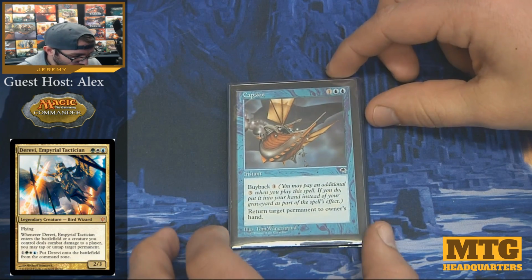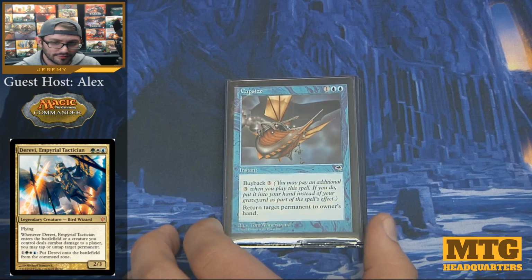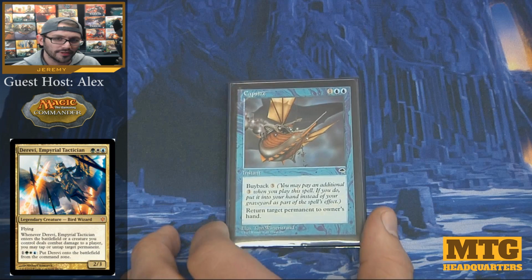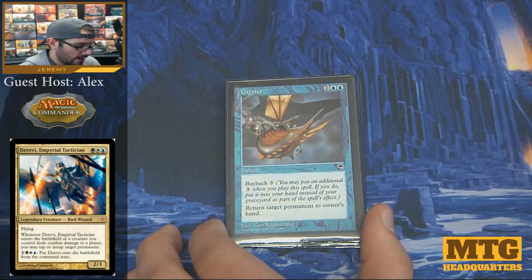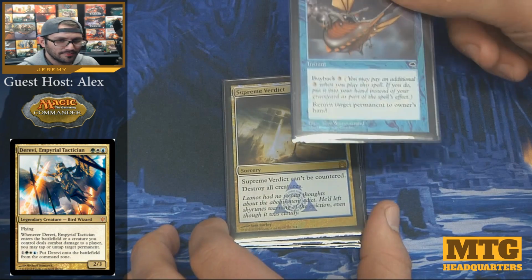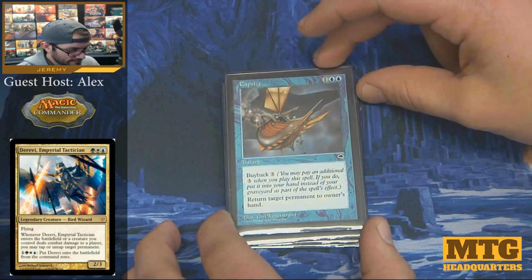Capsize is a super dick move. 2 blue and a colorless to return permanent to its owner's hand, and you can buy it back for 3. So if you have 6, you can just capsize every turn, basically. It really sets people back and makes them pretty angry, which might not be something you want to do, but